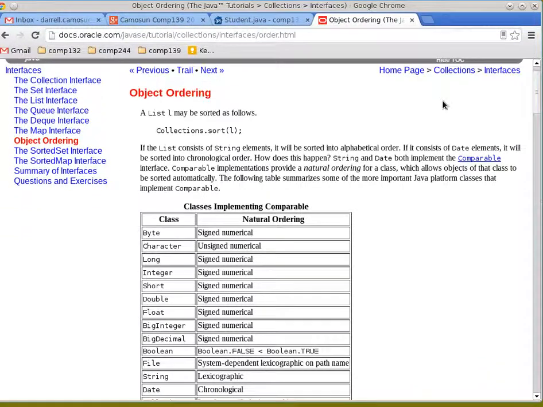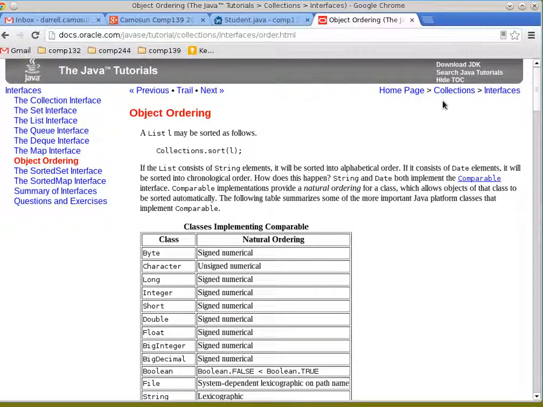We've seen that you have to write compare to. Here in his object ordering section, he starts out and says you can sort a list. Why didn't he just say a list or something there rather than L, which looks like a 1? Oh well. We know that if you want to call collections.sort, the thing that's on the list